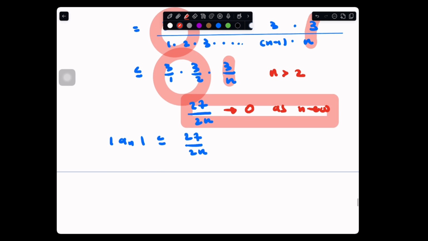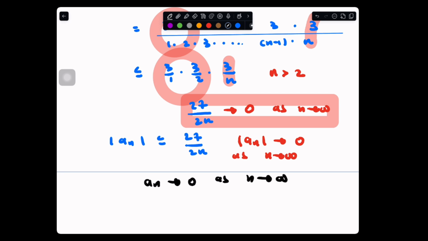And so because that goes to 0, this bigger sequence goes to 0 as n goes to infinity. So what that means is that the smaller goes to 0 as well. So the absolute value of an goes to 0 as n goes to infinity,